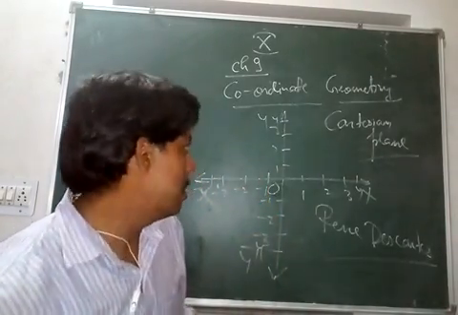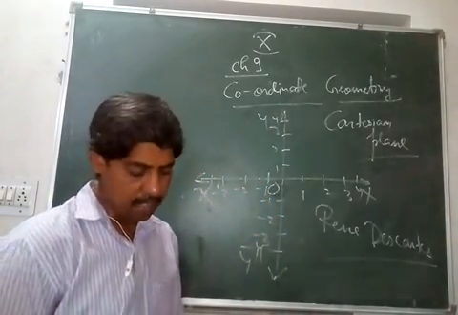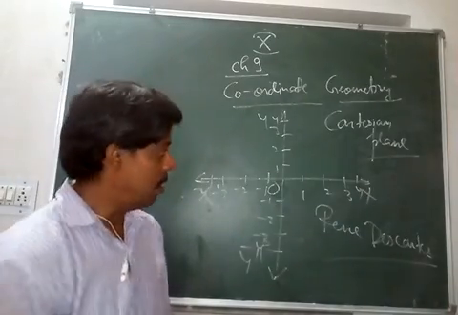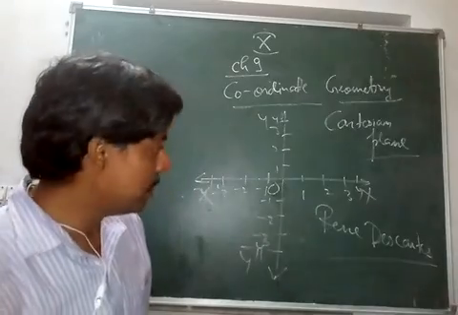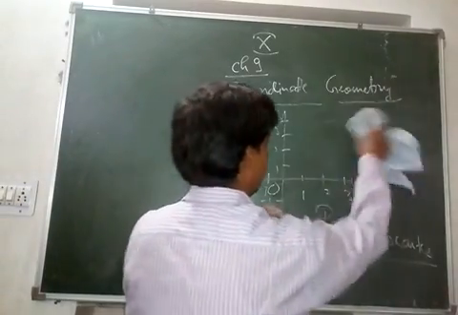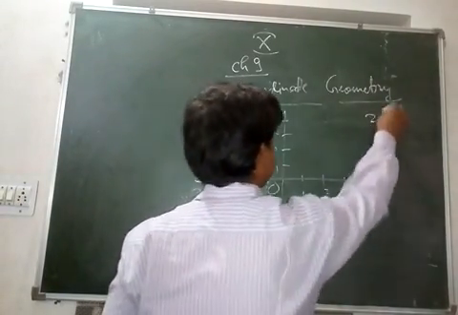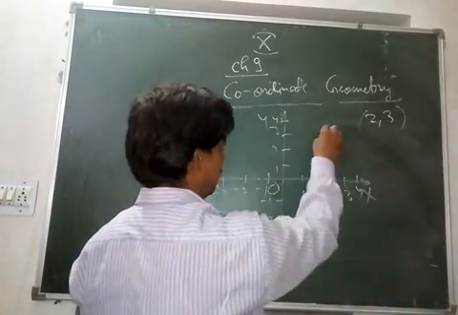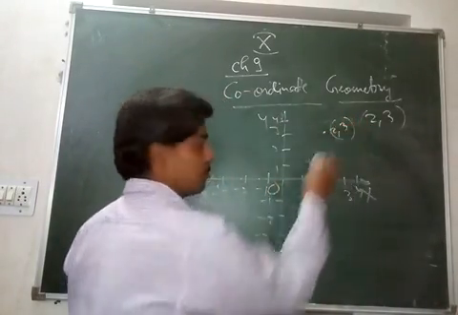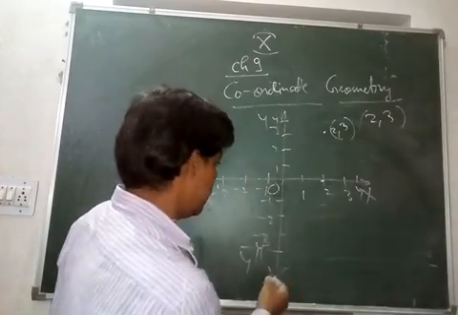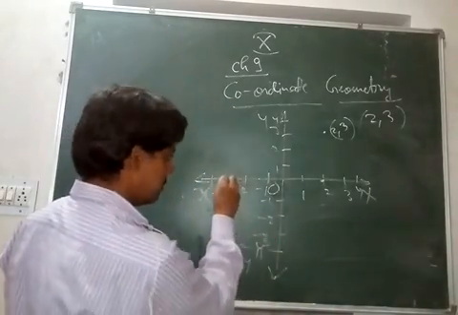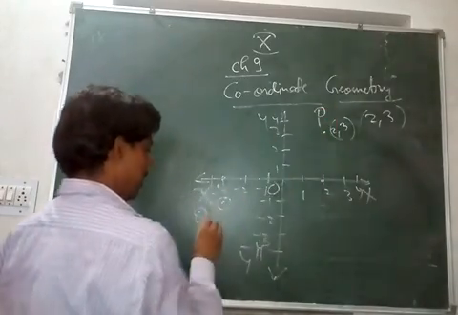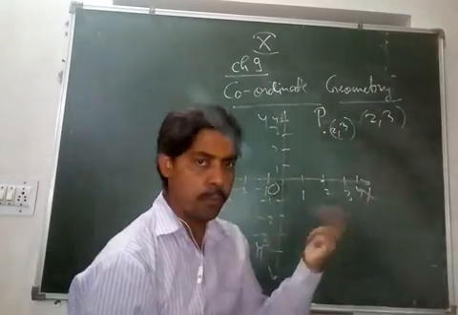Now all of you know this, and there are certain things you should know. First of all, somebody asks you, how will you find the distance of points? All of you know plotting. Suppose somebody says plot 2 comma 3, then 2 on x-axis and 3 on y-axis. This is point 2 comma 3. Plot -3, -1. So -3 on x-axis and -1 here. Let this be point P and let this be point Q. So this is how you plot the points.